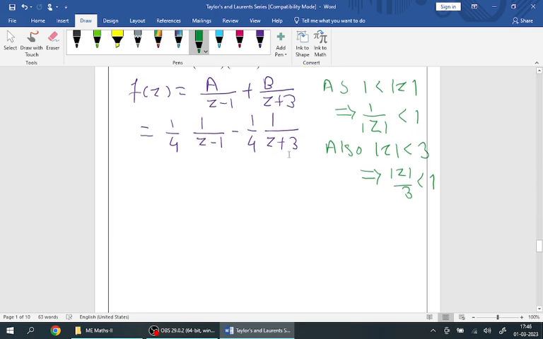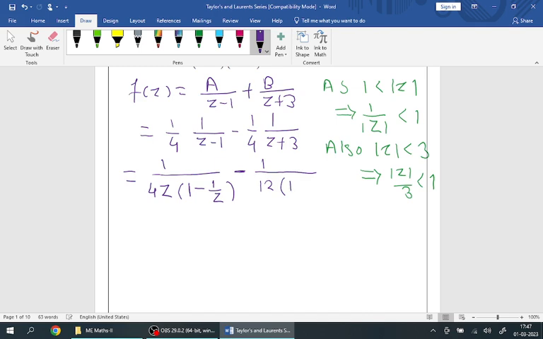So obviously from the first step, first term, we should take z as a common. So if you take z as a common, we get 1 minus 1 by z. Now we get 1 upon 1 minus r. Second, we should take 3 as a common there. So if you take 3 common, it is 1 by 4, 3s are 12. So this is 1 plus z by 3. So the next step, this 1 upon 4z as it is, and the expansion of this term is 1 plus 1 by z plus 1 by z square plus so on,